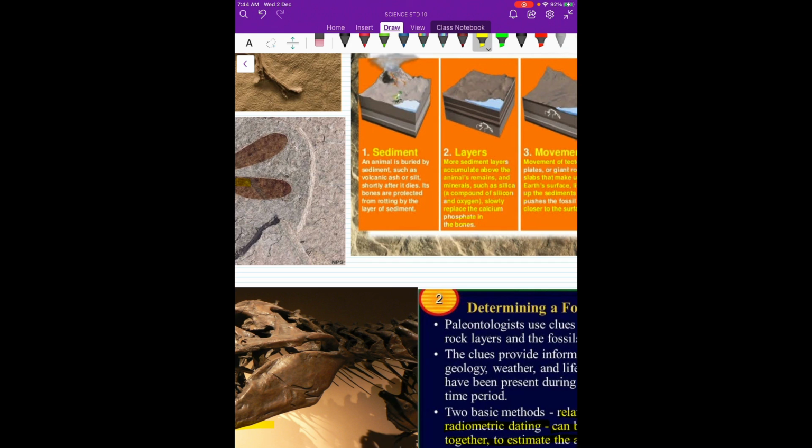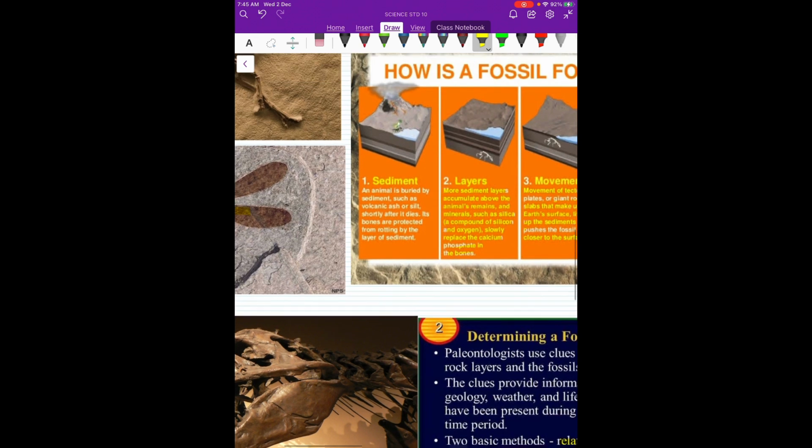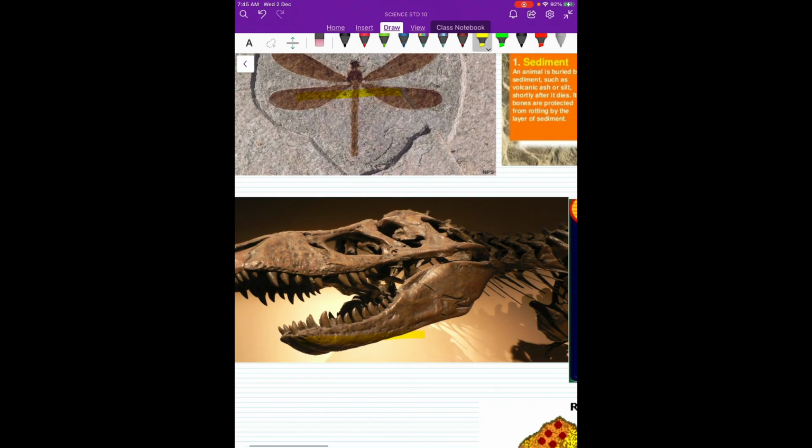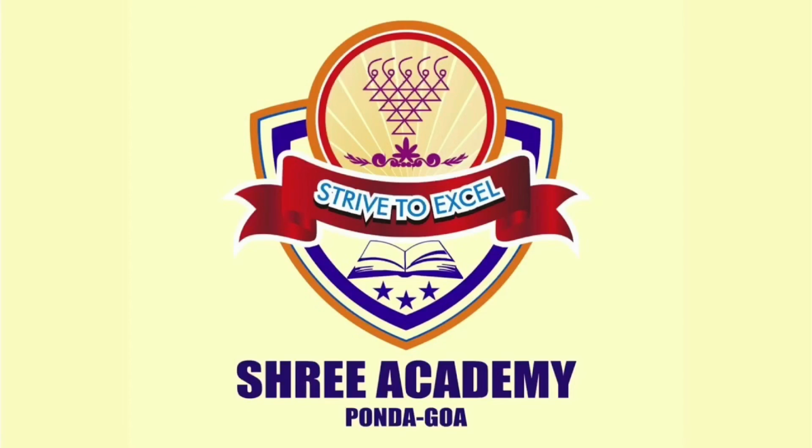So this is called dating. Now what are the uses of fossils? Fossils are used to analyze the racial history of plants and animals, which plants and animals were there in the previous years when we were not present. Second is the past climatic conditions: why and how they were formed will give you an idea of the conditions of the earth at that time. And third, how far away we are from that time, it will give us an indication of the geological time. This is what there is about fossils. Thank you.